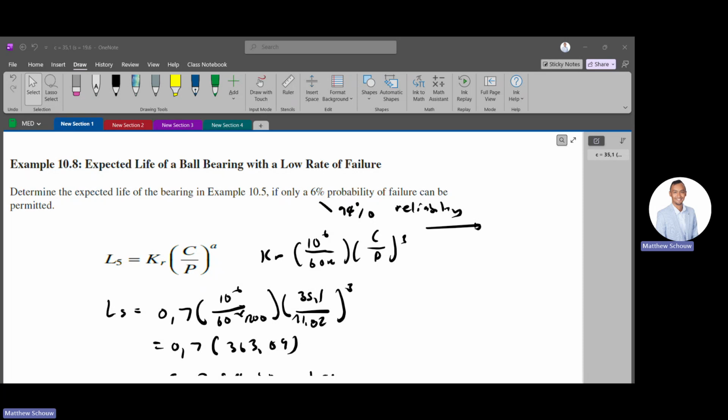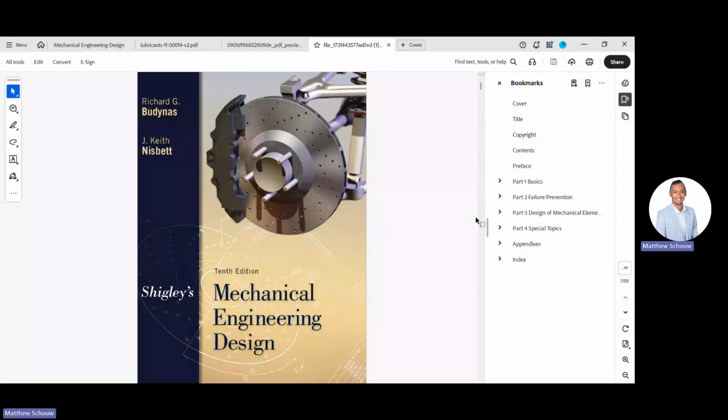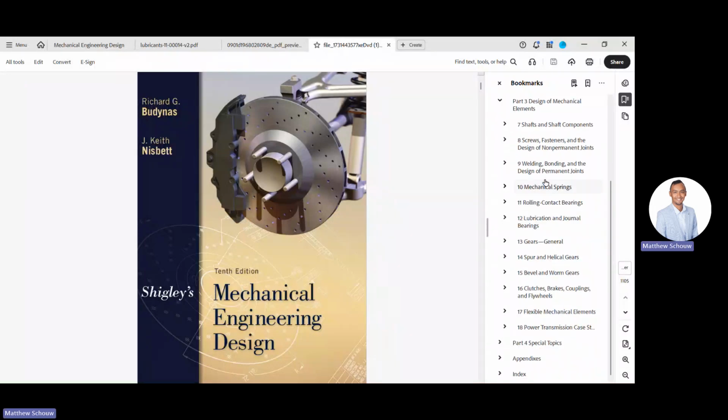But I think what I can do now is just open up Shigley. Then I'm going to do one more pertinent example, which I believe is like the cornerstone of what is supposed to be done in bearings as well. And always remember Shigley is the mechanical design Bible, right? Mentioned that to you before. Yeah, cool. So if I go to rolling bearings,